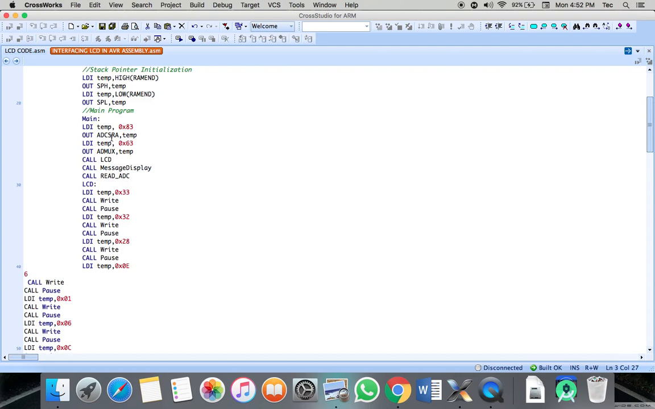So when you load that, then you offload into here. Then again you load the temp with this memory location and you offload it in there. Again, now you call LCD. So when a call function